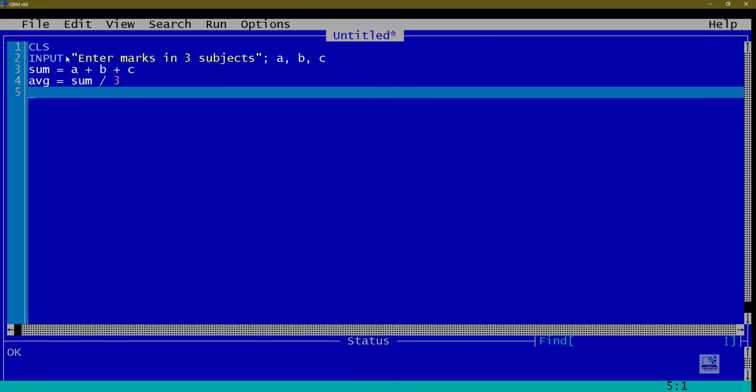Now whenever you are taking any variable name, you have to follow some rules. First, the variable name should always start with an alphabet or an underscore. Means any variable name cannot start with a special character or with any number. Second, we cannot use any special character in the variable name. Like I cannot write S, then at the rate, then something else, or asterisk. These are special symbols. They are not allowed. Spaces are not allowed.